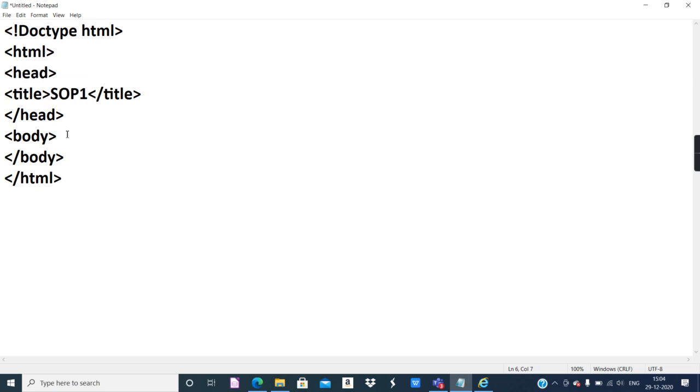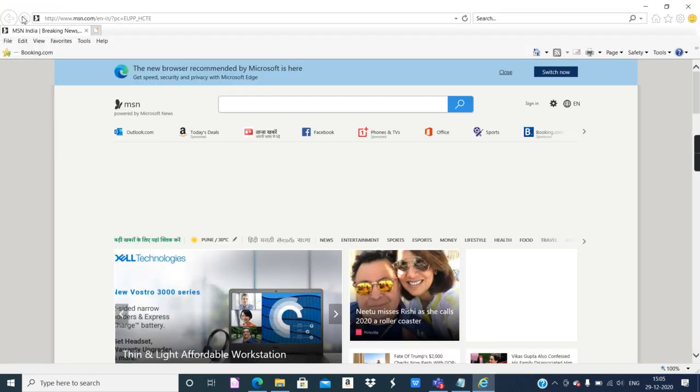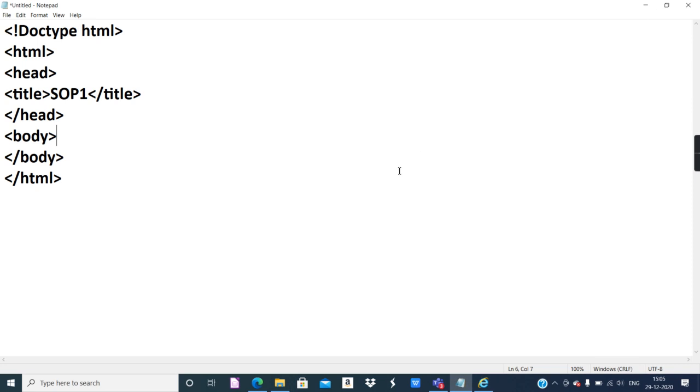Now regarding HTML, if you want to perform HTML coding, you need two things. First is the text editor. Here I have used the Notepad application, which is already available in the computer. If you have a Windows operating system, you will have a Notepad application and the Internet Explorer browser available by default.